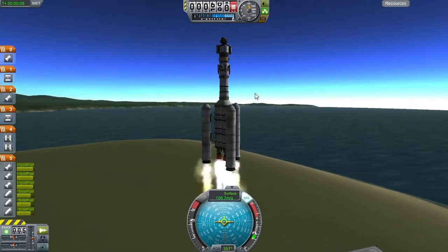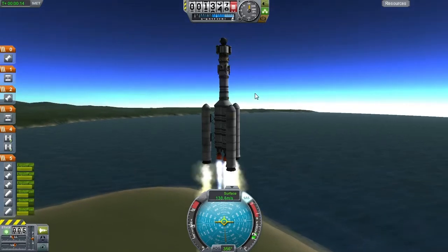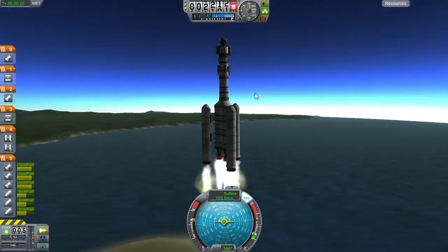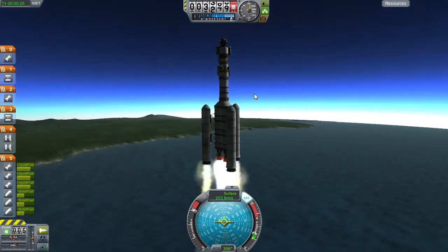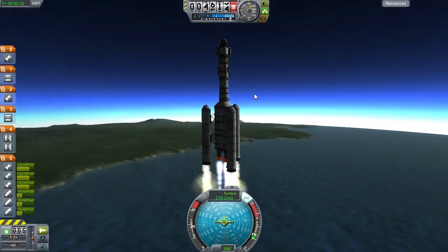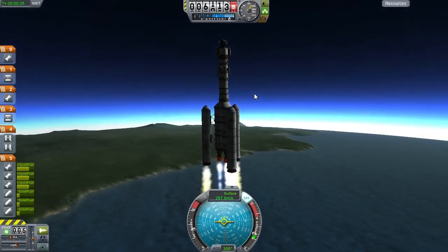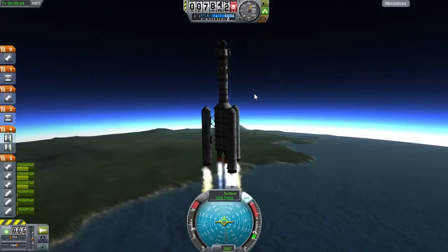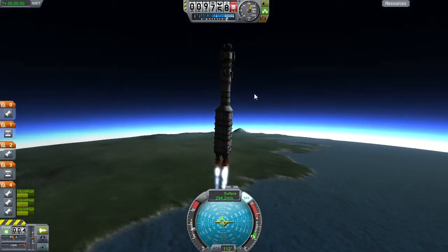So I did add the reaction wheel, and now it does do what it's supposed to do, so that's good. So there's our solid fuel boosters going. Let's throttle this up just a little bit to give it a little bit extra oomph. So we can throttle it down again. Halfway, about 6,000 meters and rising. Solid fuel rocket booster is about to go out there, and let's begin our turn